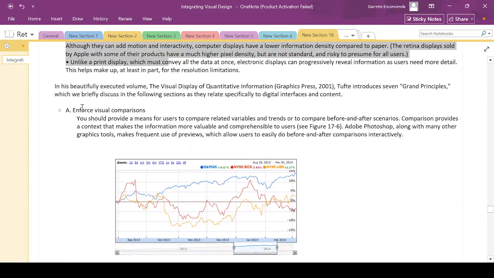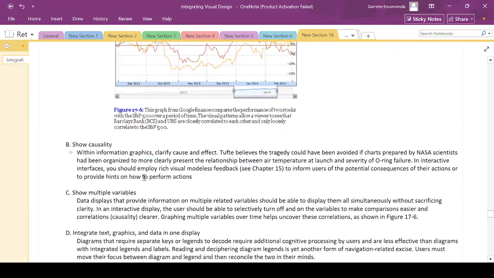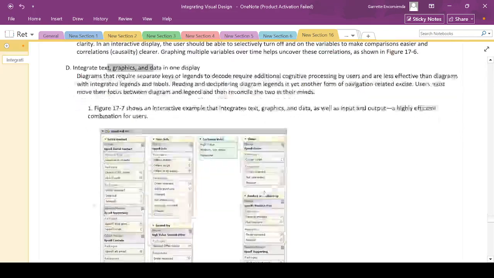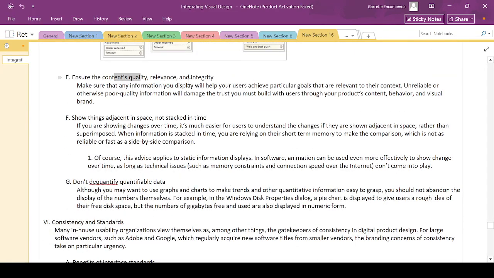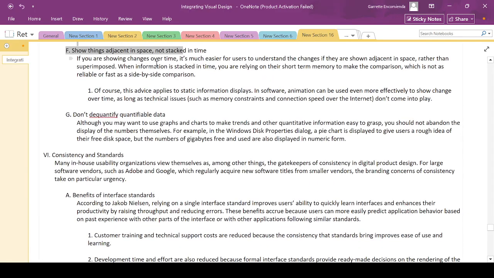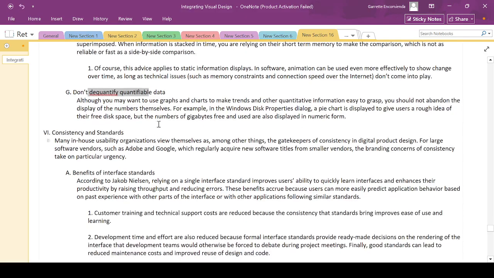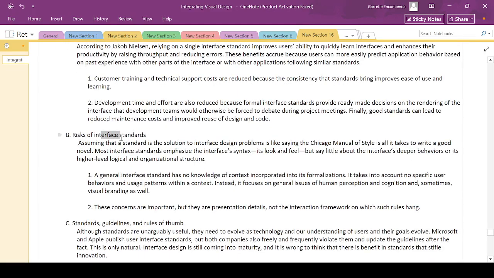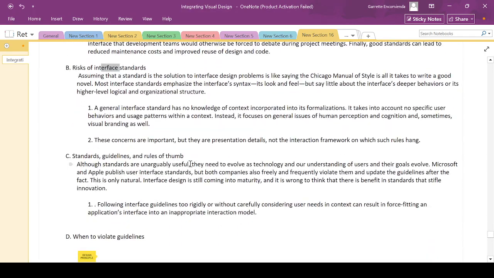So here, enforce visual comparison. We're just going deeper on that principle. Show causality. Show multiple variables. It's like comparison. Integrate text and data in one display. Ensure the content's quality, relevance, and integrity. Show things in adjacent space, not stuck in time. Don't dequantify quantitative data. Consistency and standards of benefits of interface. So we will continue this along with